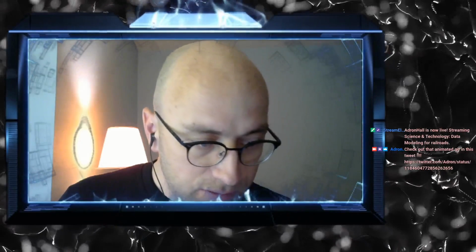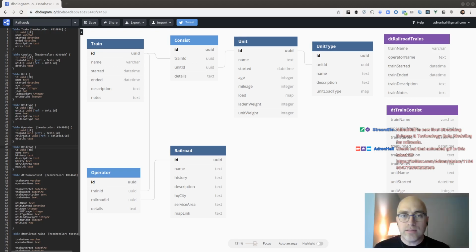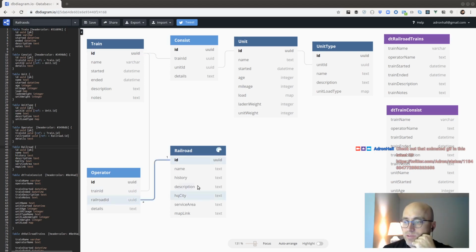All right, so here's what we're doing. Here's what I'm doing. Maybe y'all come along for the ride here. Check this magic out. So here's the database diagram that I've got so far. On train stuff, I'm using trains as the domain, the models, etc., because trains are freaking awesome. We got our railroad right here.